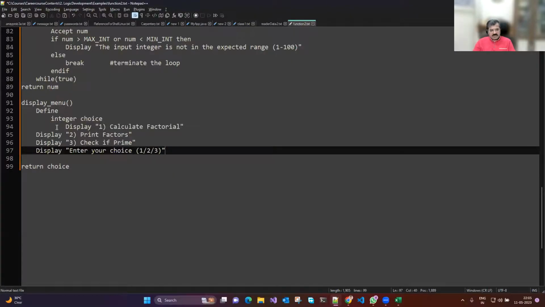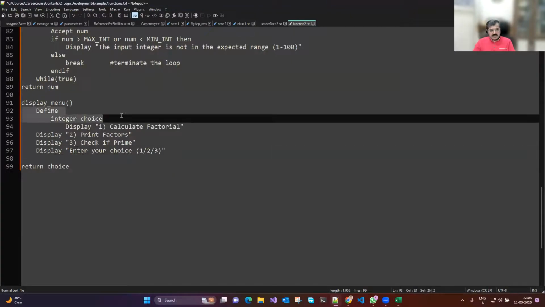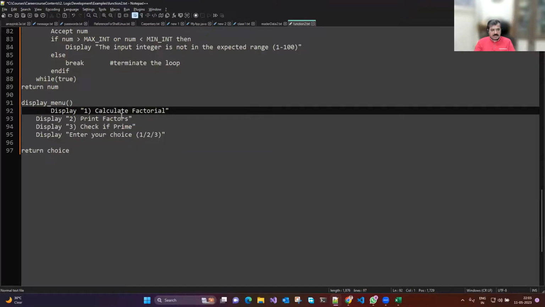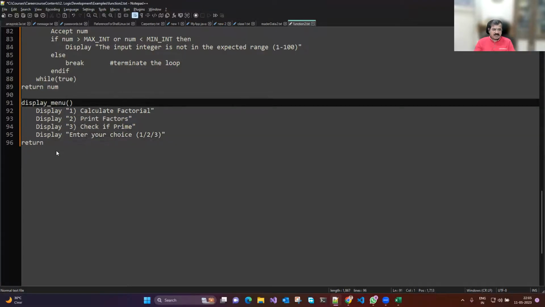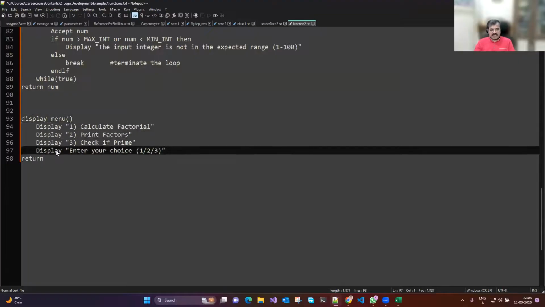नहीं, हम लोग तो सिर्फ डिस्प्ले कर रहे हैं, डिफाइन की कोई जरूरत नहीं है। हमने कहा कैलकुलेट फैक्टर, प्रिंट फैक्टर्स, चेक इट्स प्राइम, प्लीज एंटर योर चॉइस 1 2 3, कुछ रिटर्न नहीं करना है। तो वी आर राइटिंग ऑल काइंड ऑफ फंक्शंस। तो एक फंक्शन है डिस्प्ले मेनू, ये कुछ रिटर्न नहीं करेगा, एक मेनू डिस्प्ले करेगा।